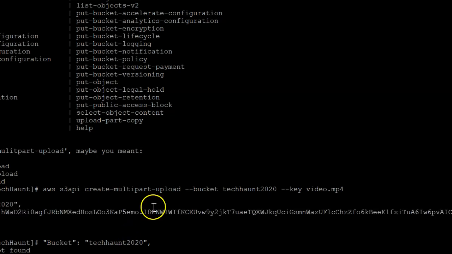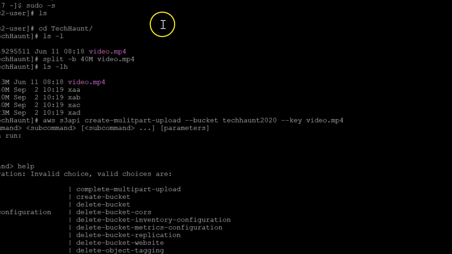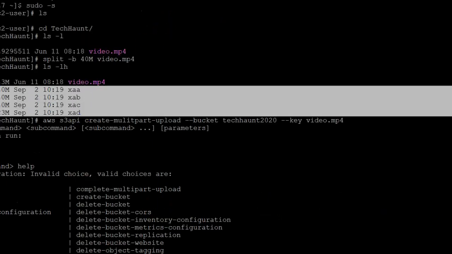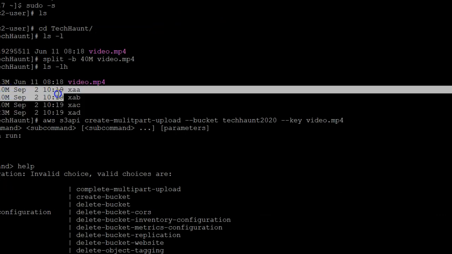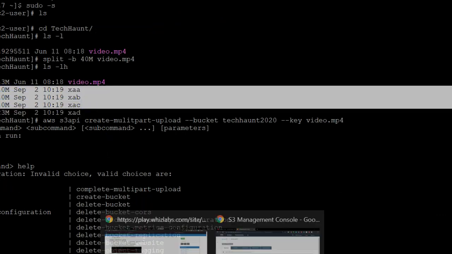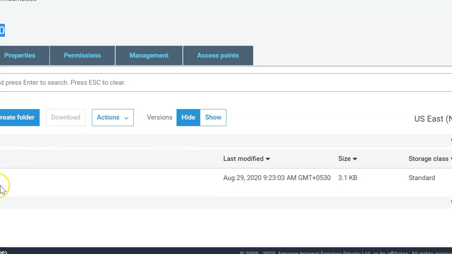Now we need to upload the file chunks one by one, the files we have created here. We are going to upload these files one by one into my bucket. Let me just show you here. I only have one file here in S3, the s3 png file.